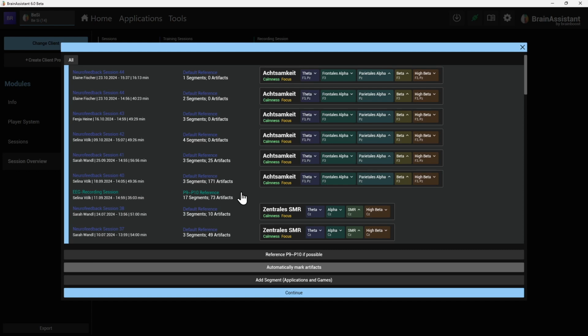Yes, it will take a little bit. These are 44 sessions, so of course, it takes a long time. Now the computer goes through every single session, analyzes and marks every single artifact. So this might take a little bit, maybe 1-2 minutes. In my case here, it should be over rather soon, because meanwhile we can talk about the next button,